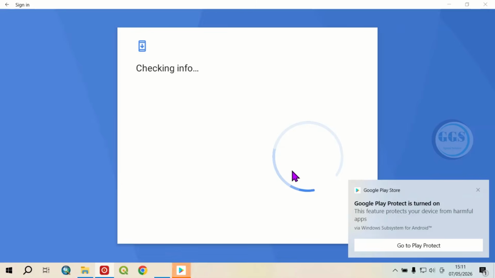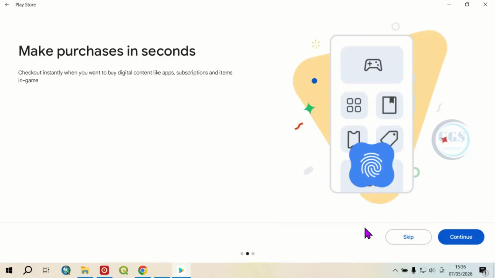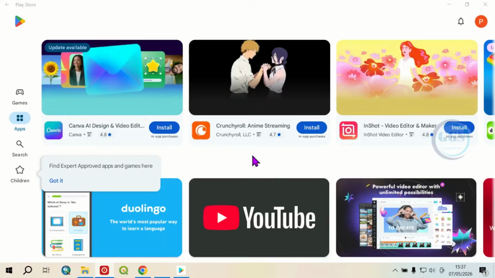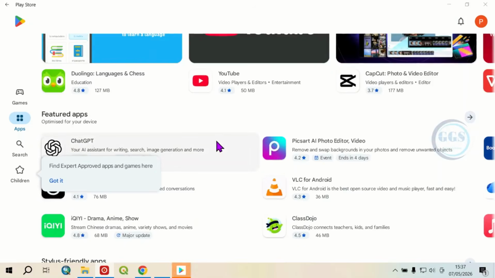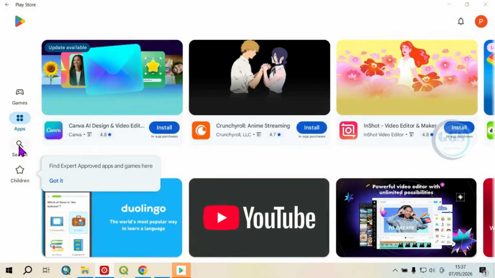It will verify your information and sign you in to Google Play Store. So just wait for it to finish the verification process. Just click on skip to skip this notification or tips, and here you are in Google Play Store. To start searching for your game or software or apps, come to this section called search, click on search,